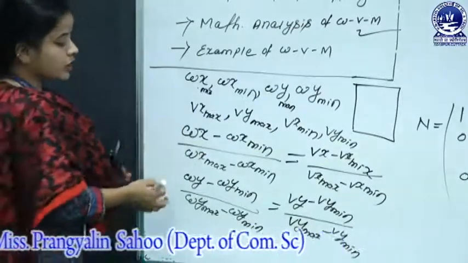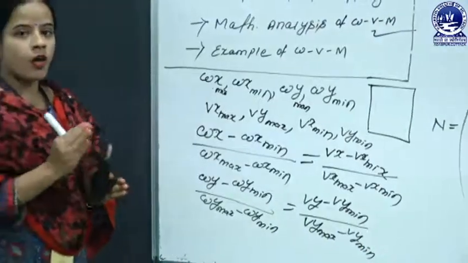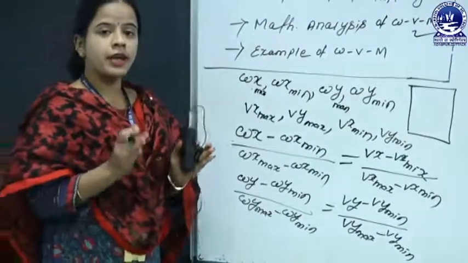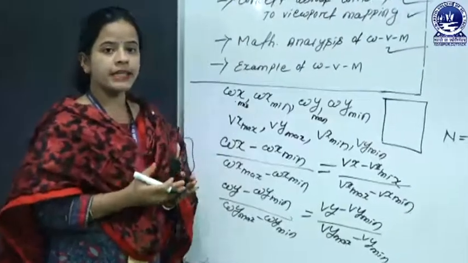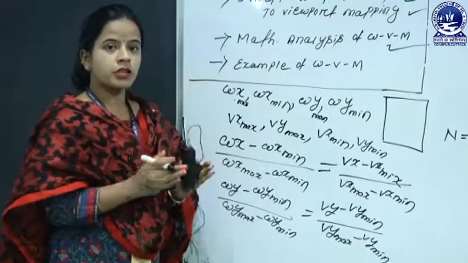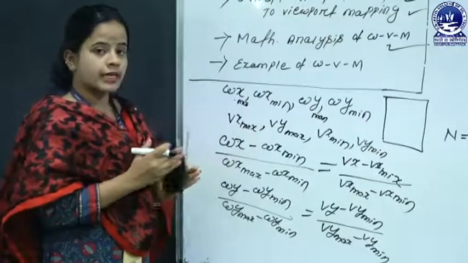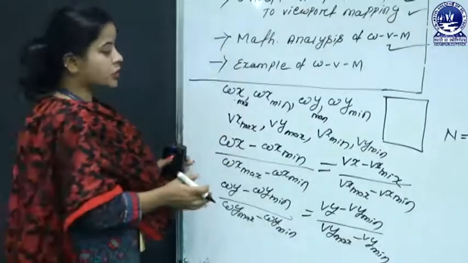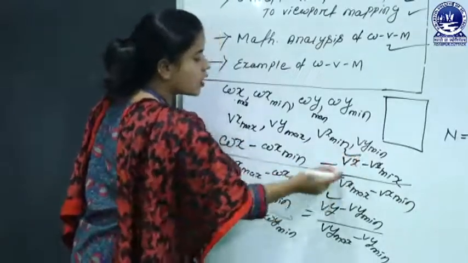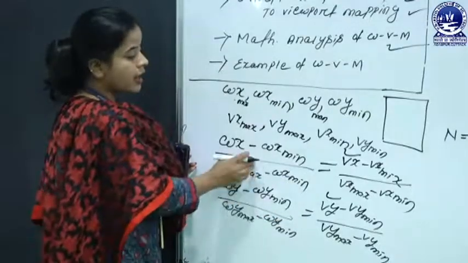Now we require finding the view coordinate, where the end user can view the whole picture accurately. That means if the screen size is very small, the given picture is compressed, but when it is viewed on the output screen, it provides the full picture realistically. So how is that possible? That is possible when we find the Vx coordinate value. So how are the Vx and Vy coordinate values found using these given expressions?